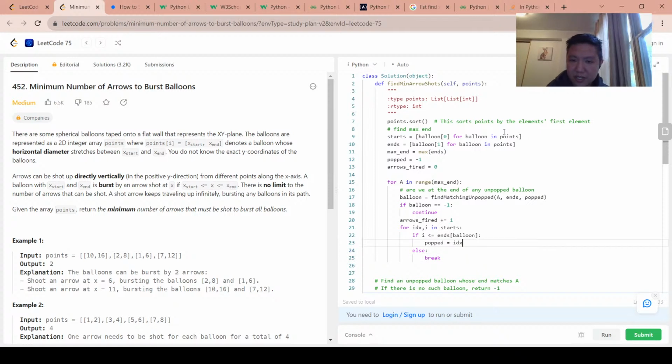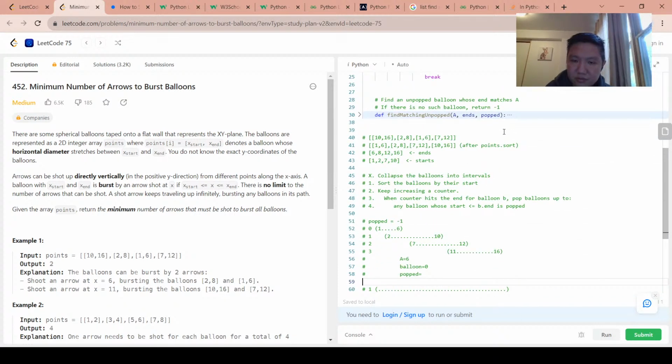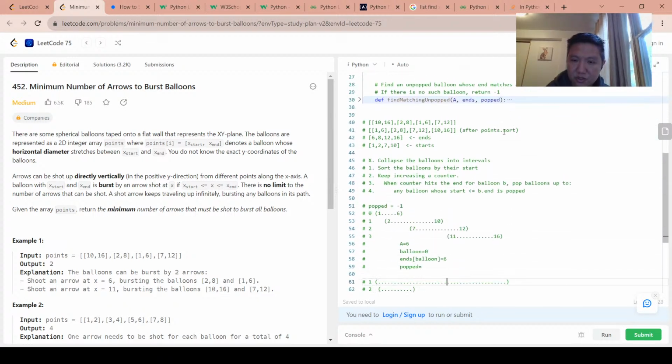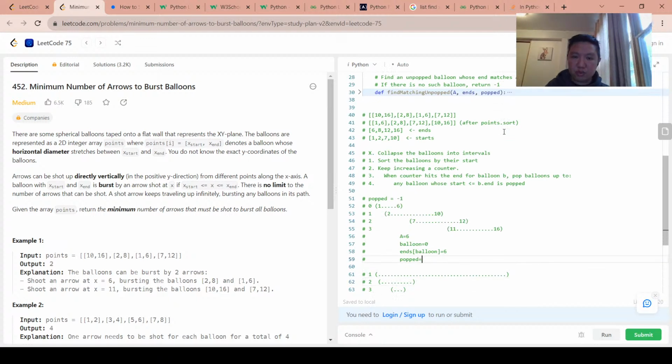This is where having good names comes in. I should have said balloon equals, so here balloon equals 6. Actually, it's the same as a. I'm not going to touch a because we're going to change that soon. Okay, so popped equals